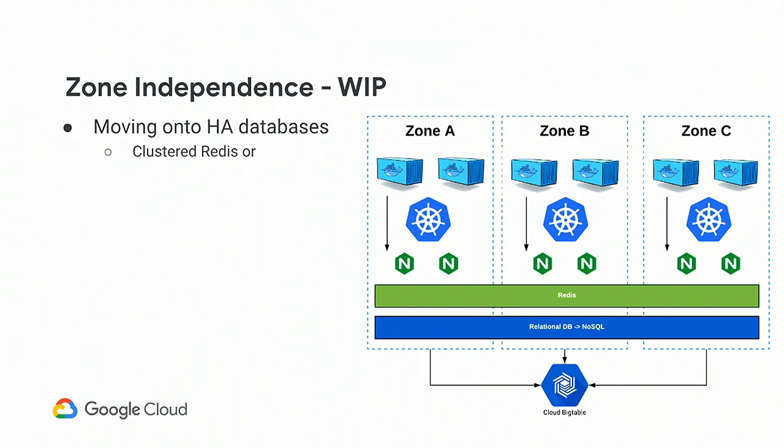So we use Redis pretty religiously. We started thinking about, hey, are we going to use the clustered Redis? Are we going to use Redis backed on Sentinel? Or do we just deploy a bunch of different Redises and make the application aware that they need to call specific CNAMEs, so that the traffic can stay within the same zone?